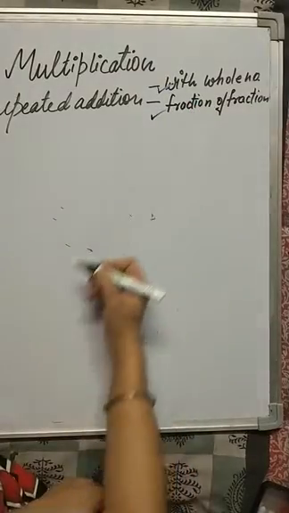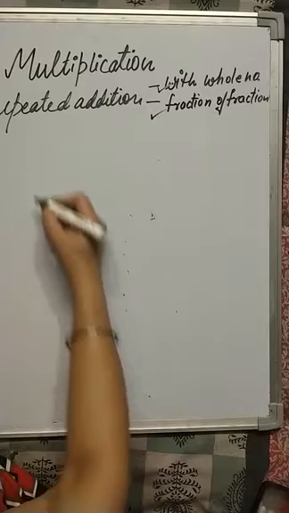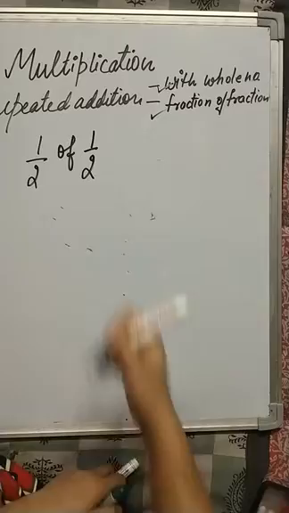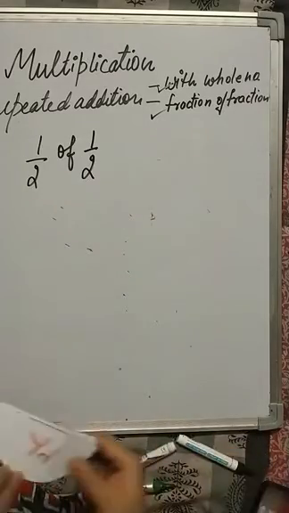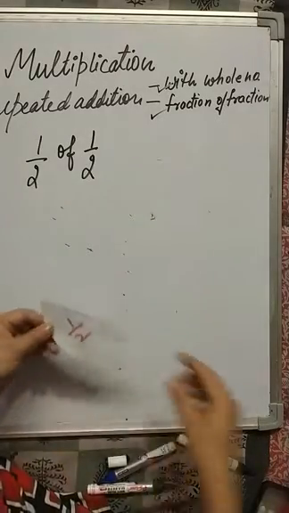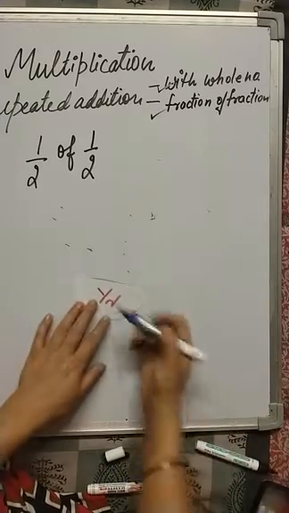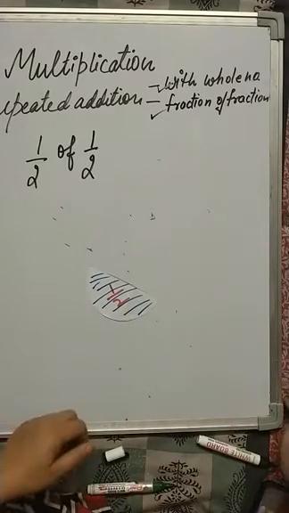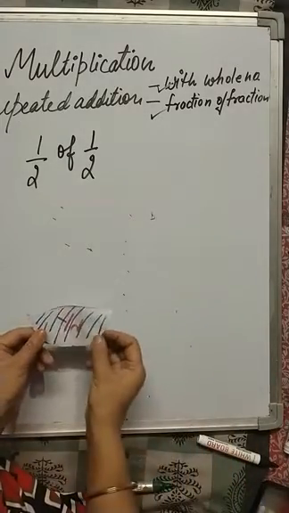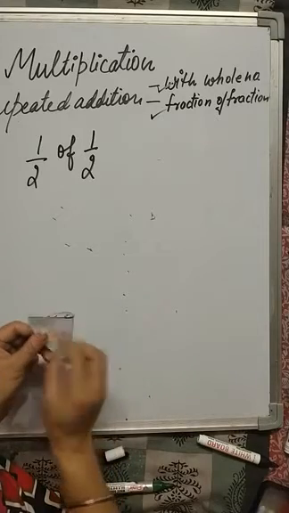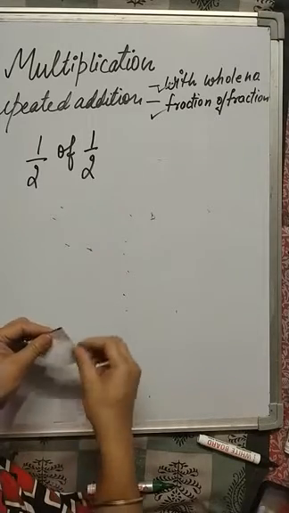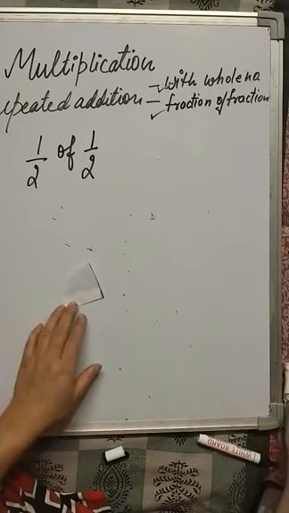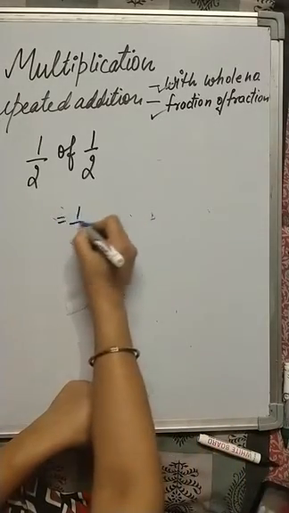Now if we have to multiply a fraction to a fraction, what do you think? What is half of half? Suppose I have a half chocolate or a half chapati, you can say, and you want to eat only half of half. You ask your mother, Mama, just give me half of half chapati. So what piece size are you going to eat? What will be the name of this piece size? This piece size will be named 1/4.